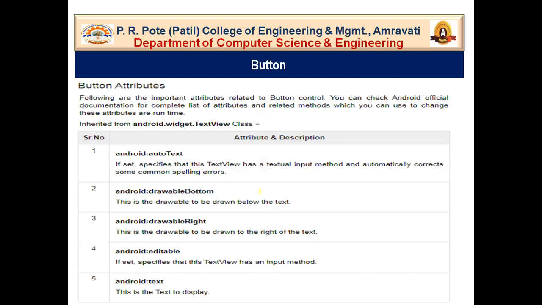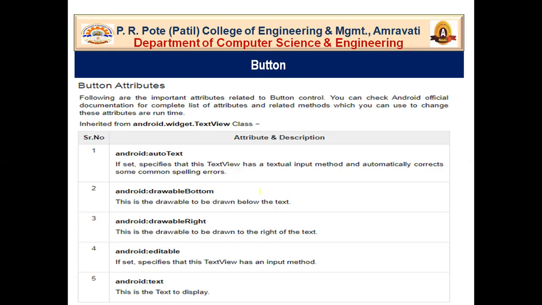Now let's see buttons. So in Android, a button represents a push button. Push buttons can be clicked or pressed by the user to perform an action. So there are different types of buttons used in Android, such as toggle button, compound button, radio button, and so on. So button is a subclass of the text view class. On a button, we can perform different actions or events like click event, press event, touch event, etc.